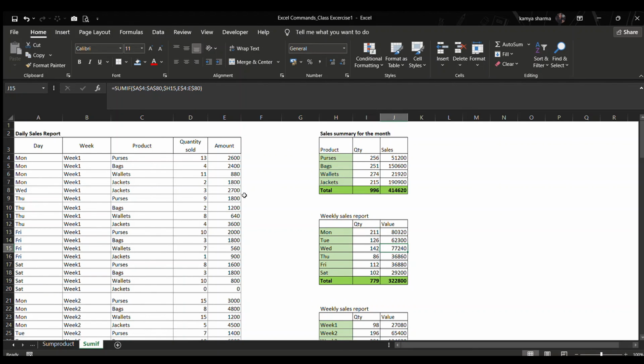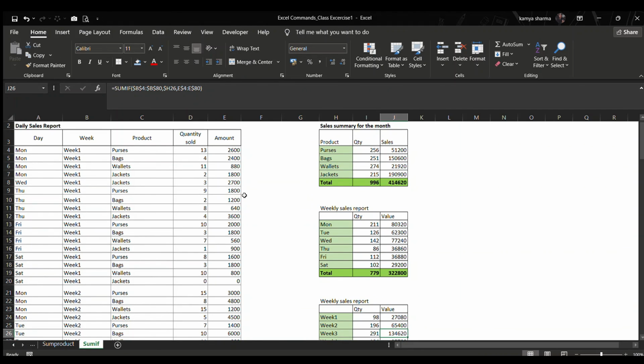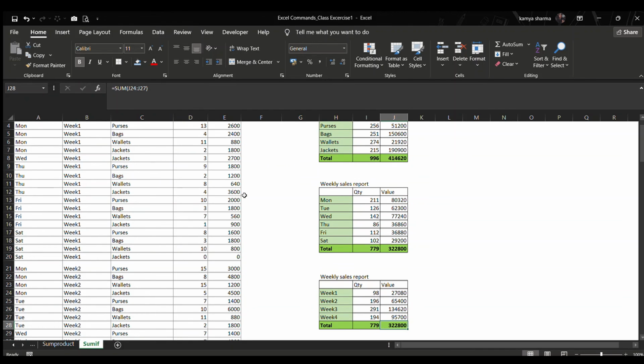So in this you will find it out. I'll try to provide this blank file for your practice, so you might be helped using this. And as for weekly, my first range would be column B, because my criteria is based on column B only, that is week 1, 2, 3 and 4. Then again for quantity my sum range would be D, and for values my sum range would be E, right? And then for the total sum you can just use the sum function or the auto sum function.